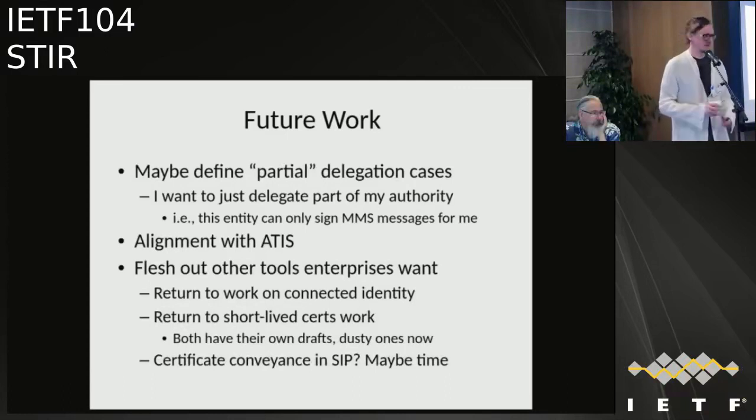I mean, JWT does have an X5C slot where you can stick these things. Oh, really? Yeah, it's defined. You'll have this giant JWT with the whole chain, but it exists, so there's something to reuse. Maybe we should do that. X5C. That would, of course, change everything that's in 8225, but